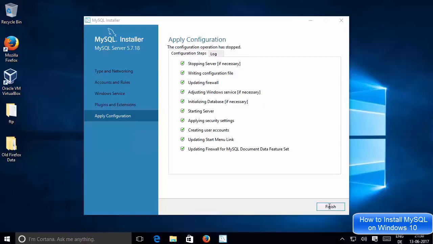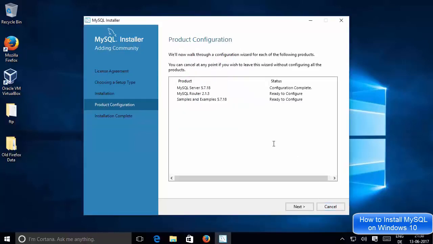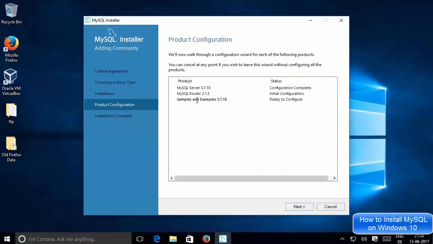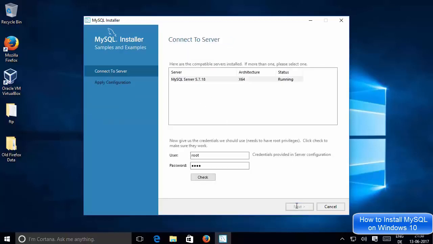I will just click finish, and you will see this MySQL server configuration has been completed. And now it will configure the router. So I will just click next, and I will click finish, and once again for the samples and examples, click next, and I will just select this option and then check it.